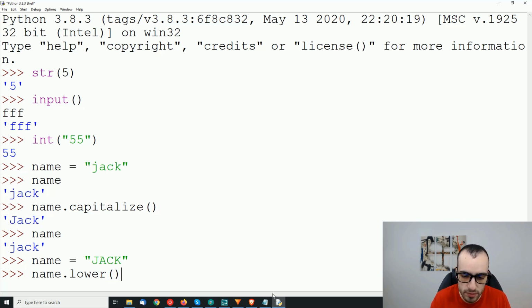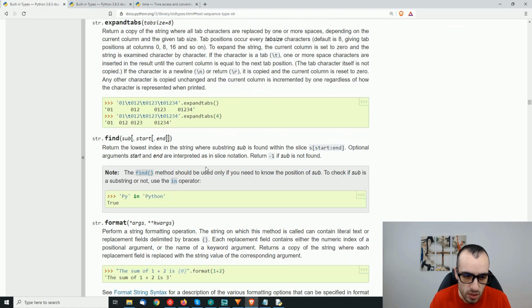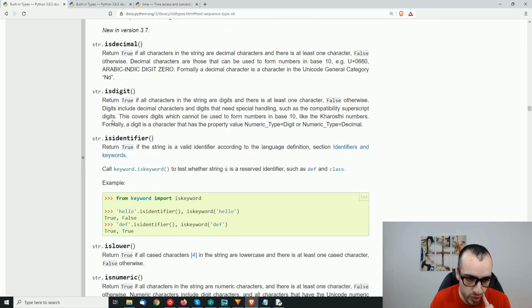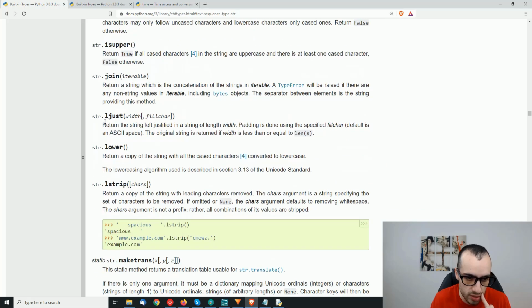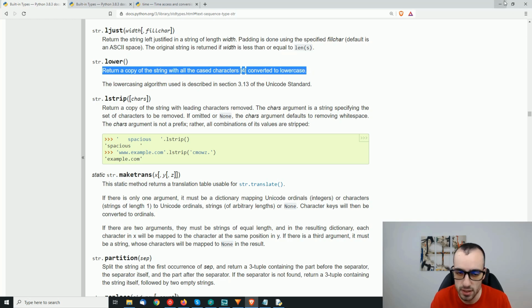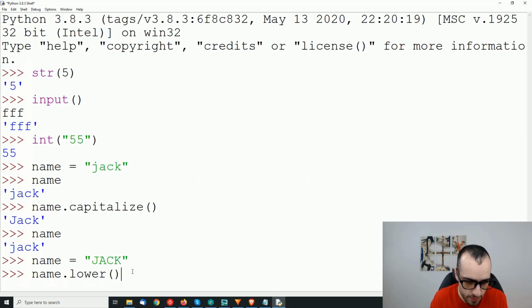You find this one here on the standard library. So it is in alphabetical order. So if we go to str.lower, it returns a copy of the string with all the cased characters converted to lowercase. So lower,